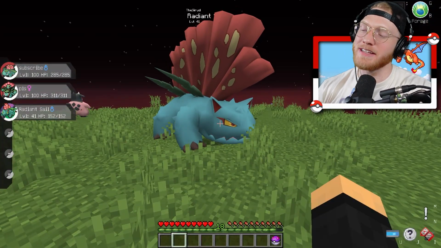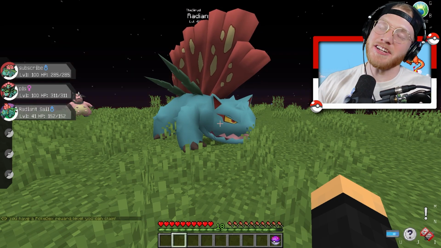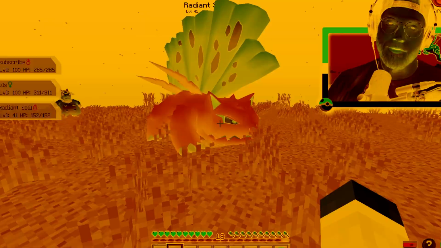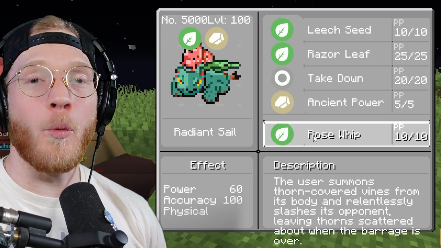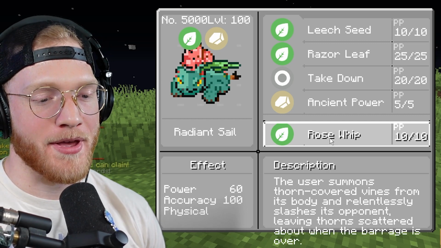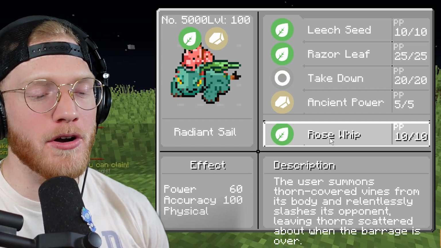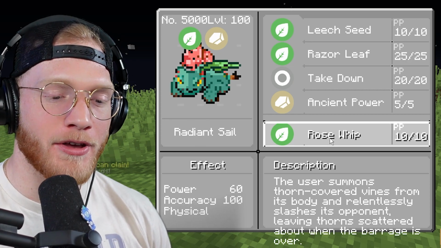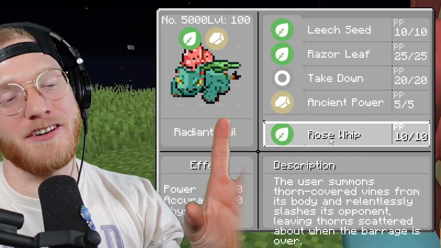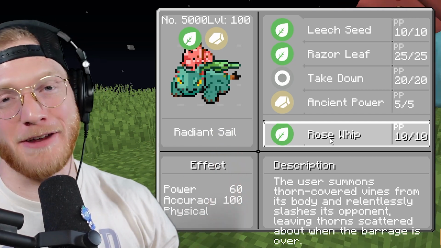Anyway, I'm going to go train this guy up to level 100 so we can check out how strong his stats get and his brand new signature move. All right, there we go. He is now level 100 and learning his signature move, Rose Whip. This move does 60 base power, is a physical attacking move, and every time it lands, it lays spikes on the field. Now, if you guys aren't into competitive Pokemon, you may not really know how significant that is, but